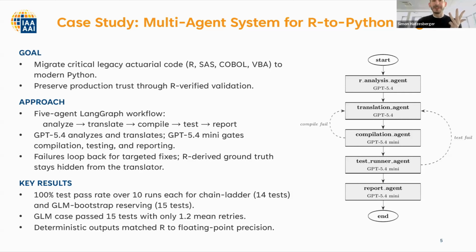Then a very important one, the test runner. This one is for validating the translated code against a test suite that we have set up in advance. For example, you can set up 10 to 14 tests which check whether the dimensions of the data tables are equal in R and in Python, or also to have some semantical validation. That is, are the numbers correct? Are they correct up to the 4th decimal